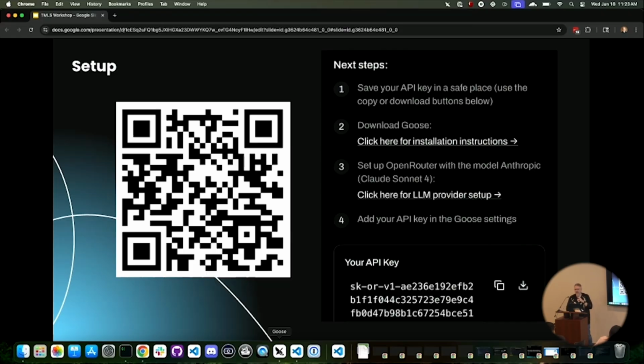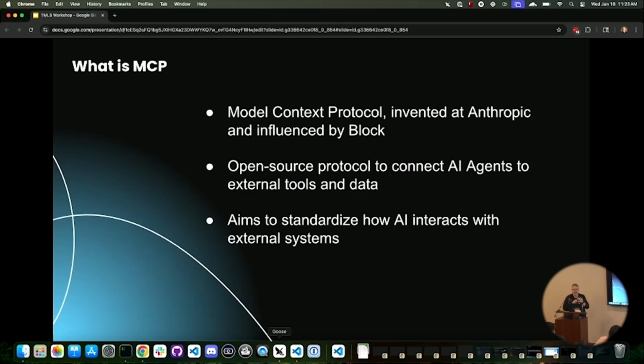All right, everybody got that QR code? All right, so while you all are working on that, I'm going to give you just a brief intro into